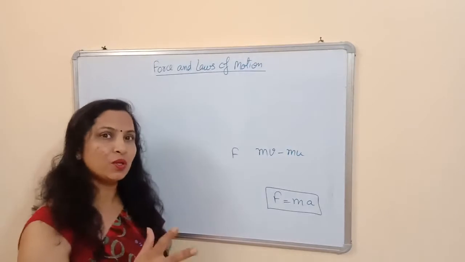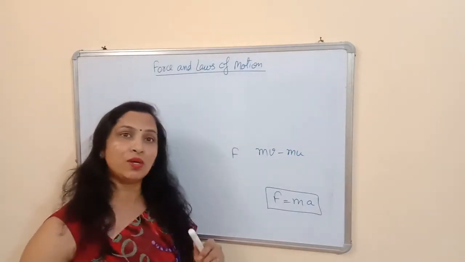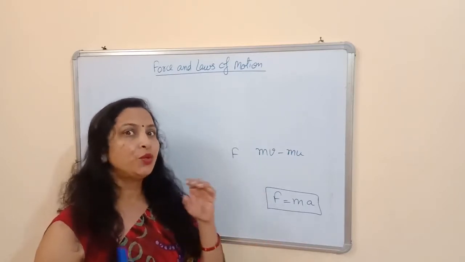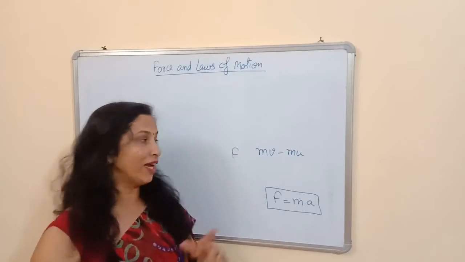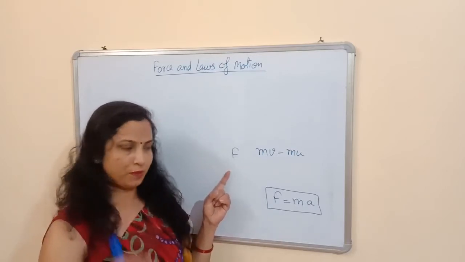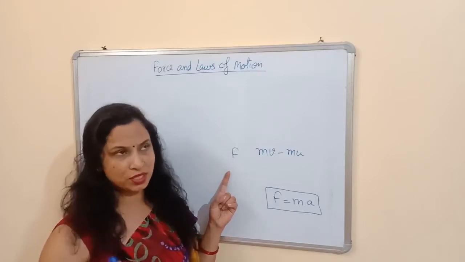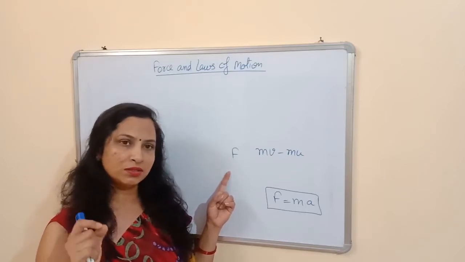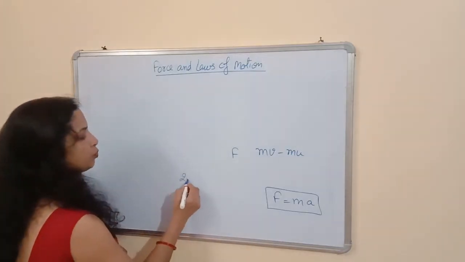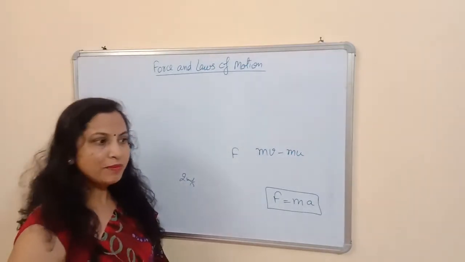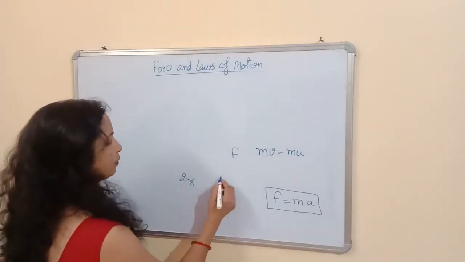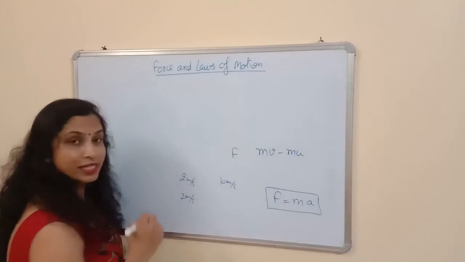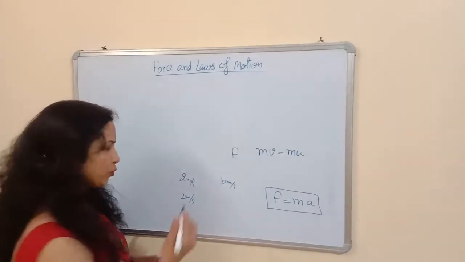How much do you want to change the velocity? If you want a greater change of momentum, you also have to apply a greater force. Suppose you are riding a bicycle with a velocity of 2 meters per second, and by pedaling you want to change your velocity up to 10 meters per second, or your friend, who is also moving at 2 meters per second, wants to change his velocity up to 5 meters per second.